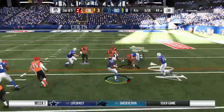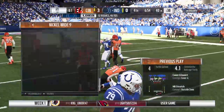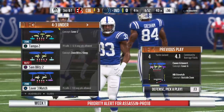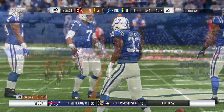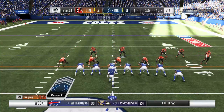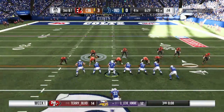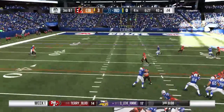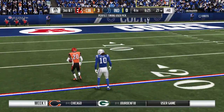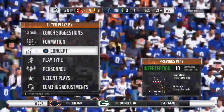Again, it's Johnson. And he takes it down to the 40 with a pickup of 4. On any running play that's called, they're always hoping that it's going to break big and go the distance. But when you get a nice game like that, you're able to do so many things anyway. You can come back and run essentially the same play again, continue to move the ball on the ground, or you can decide to throw the ball now because usually you have the defense back on its heels. Trying to force it to Hopkins, and it's intercepted. Desmond King picks it. Thought they had something going there to...